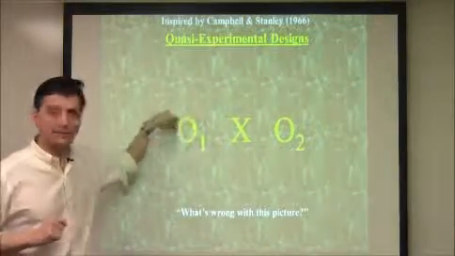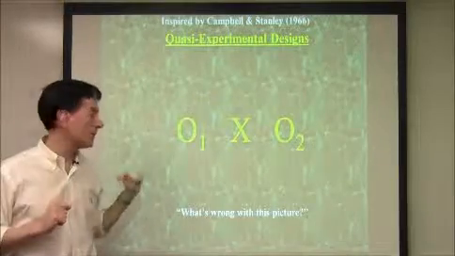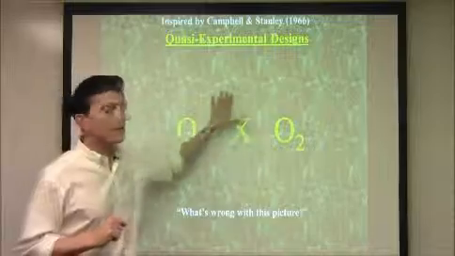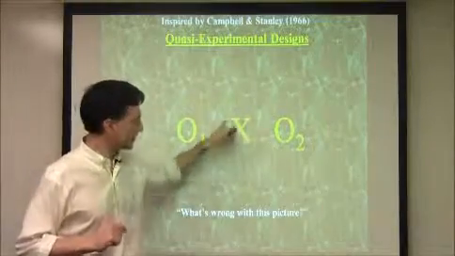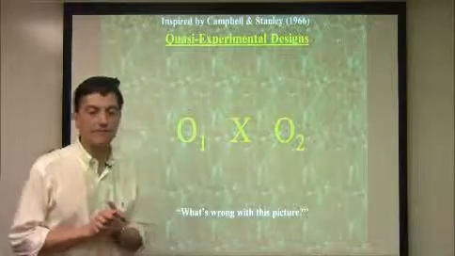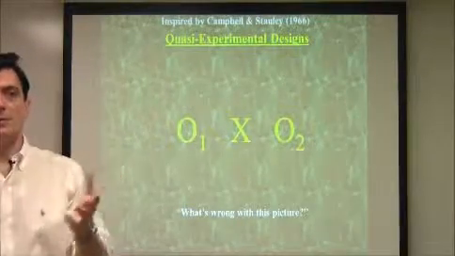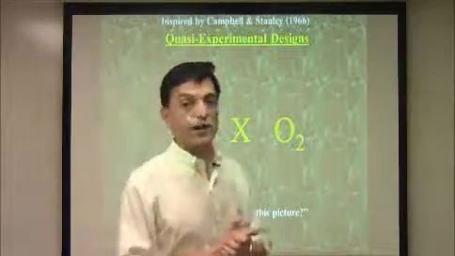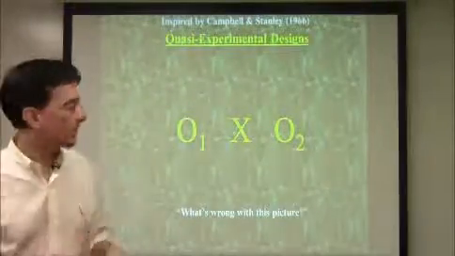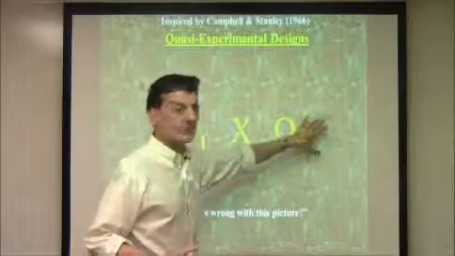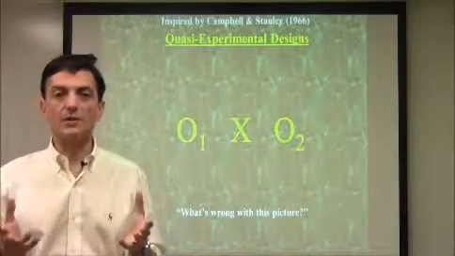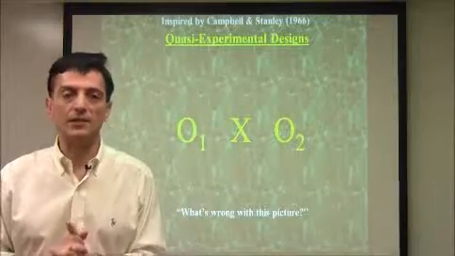The O here is actually a letter O, it's not the number 0. This is observation at time 1, and then we're going to have some treatment that's symbolized here at a subsequent time by this X, and then we're going to make a second observation of behavior. And what we might do is, for example, have an interest in educational psychology. And we want to see if we can raise mathematical test scores from time 1 to time 2 by having some kind of intervention. Maybe we've got some high school seniors or maybe even some first-year college students,